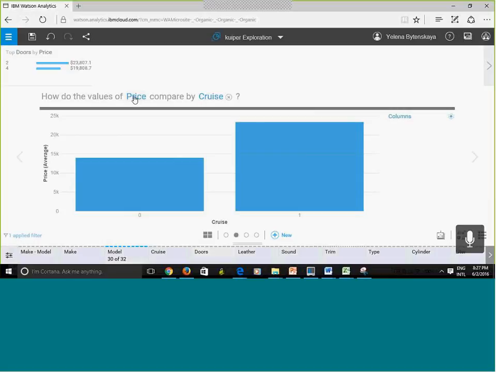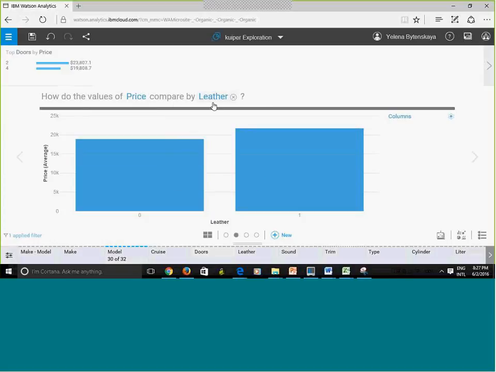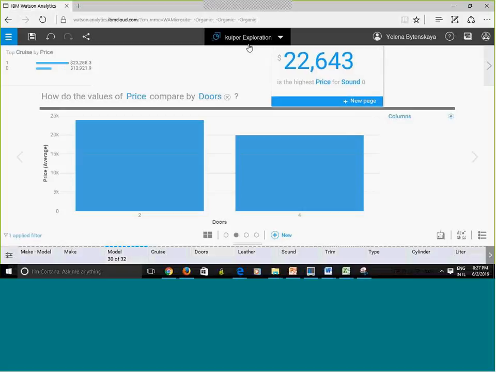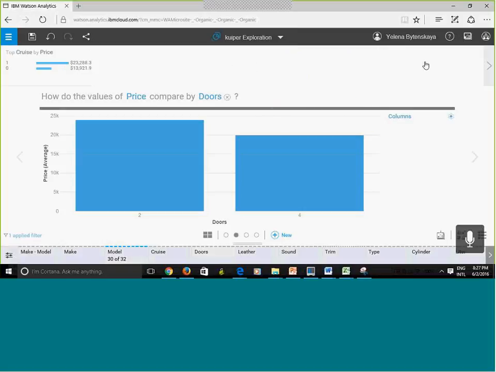Now notice it. What is this? This is the column name in the spreadsheet that I loaded, right? I can click in here and I can change, right? I can click on cruise and I can change it to something else, like number of doors. And what it will do is update this chart for me. It updated this chart for me, right? And also it will update the related visualization. Okay, so if I click here, display related visualizations, but the visualizations that it displays depend on what I have in the middle panel, right?